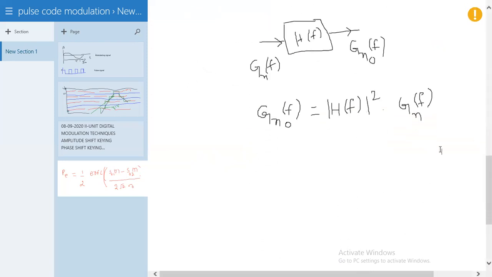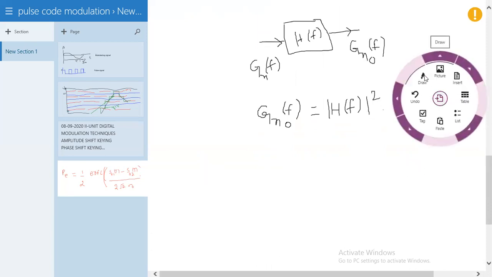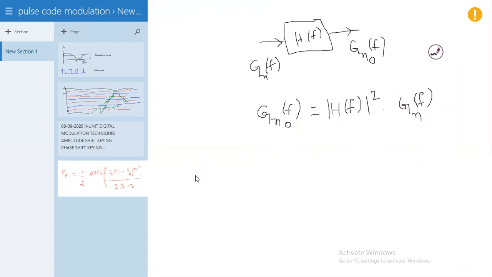So here we can substitute this equation into the noise power: sigma naught square equals the integration from minus infinity to plus infinity of |H(f)| mod square into Gn(f) into df. Okay. Therefore,